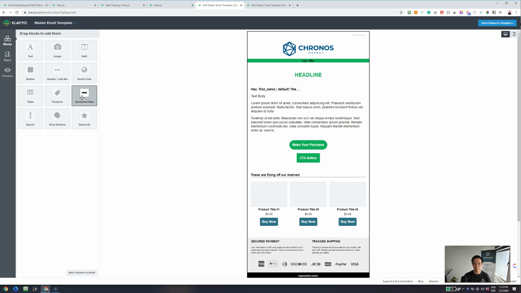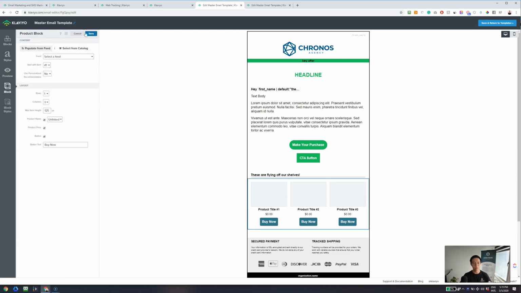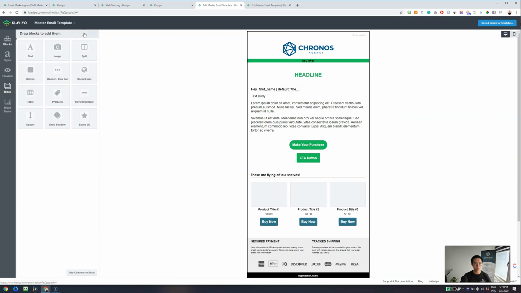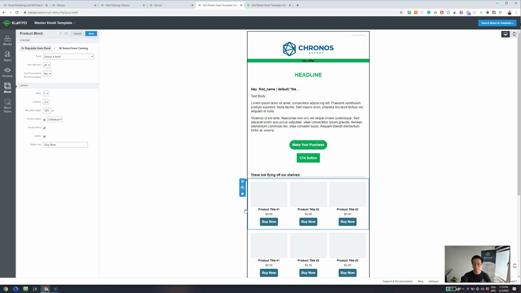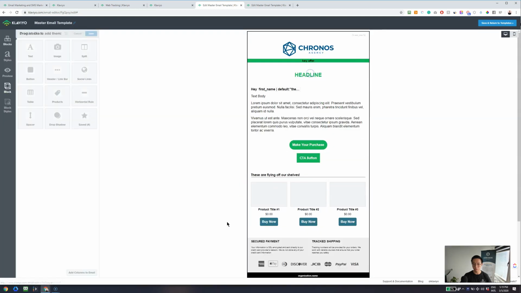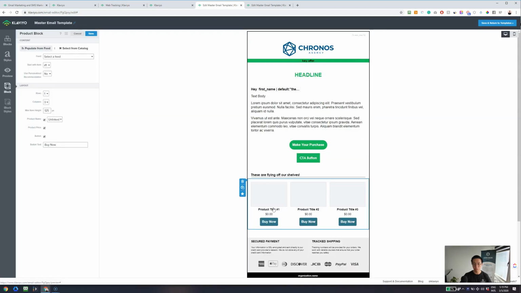I would recommend using a horizontal rule, and the most important part is a product block. The way you're going to be doing that is by dragging a product block from the left hand side over here, and just for demonstrations, there you go,